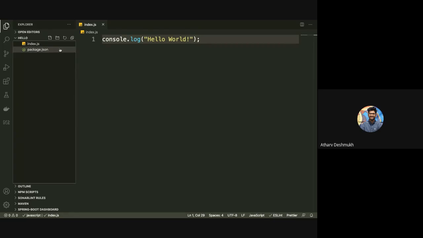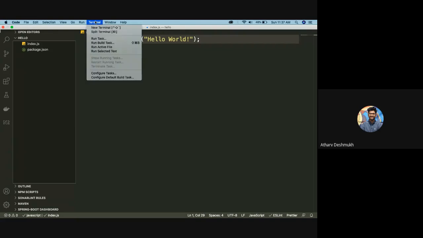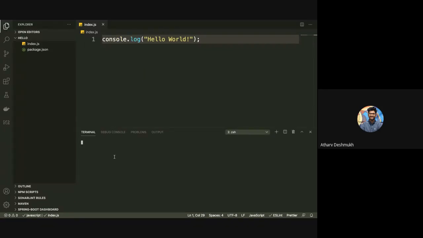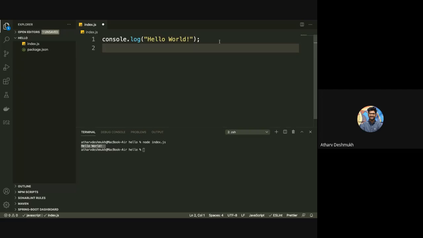See, now I have created my project and I have initialized one JavaScript file and I have written some code in that. Now it's time to run that. So for that, here I will just write node space index.js. So I am getting output as hello world, right? This is how you print your statement. Like for C, you use printf. For C++, you use cout. For JavaScript, you use console.log. And for loop and all, same syntax is there.